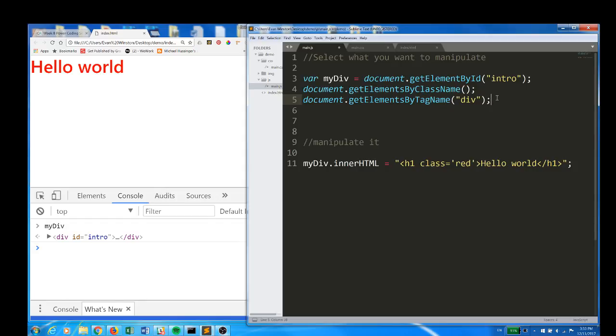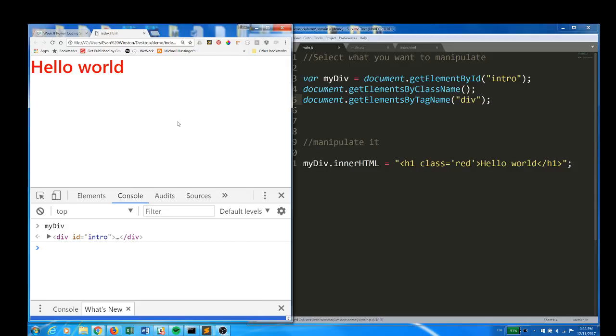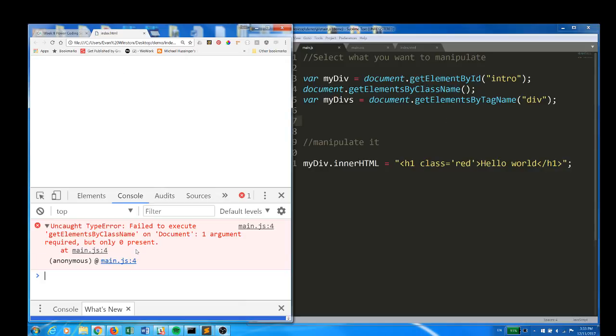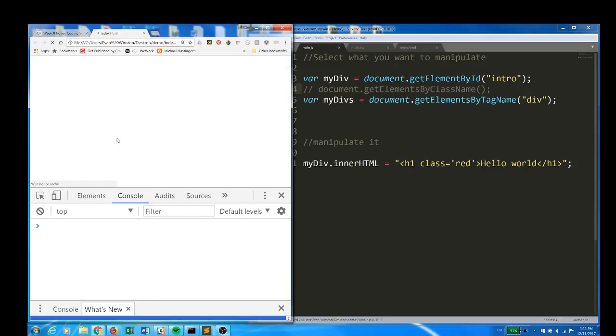But document.getElementsByTagName is going to return something different than document.getElementById. We store this in a variable called myDivs with an S. And notice it's getElementsByTagName as opposed to getElementById. Alright, so let's reload. Oh, need to comment that line out, sorry. There we go, okay. So once more, my div